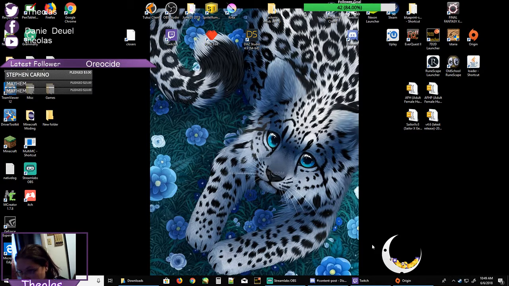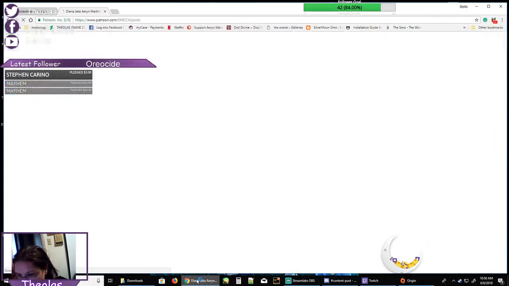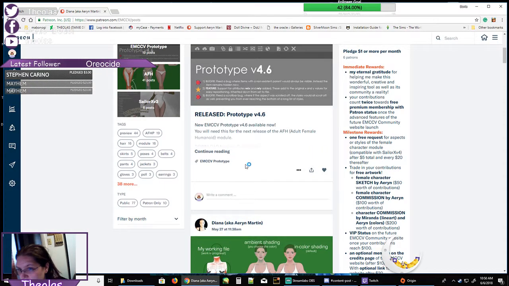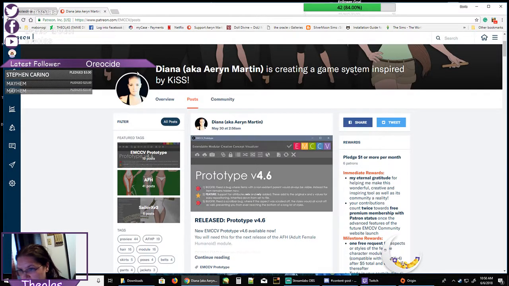Alright, as you can see, we're on the desktop. That's because I'm doing a slight bit of a tutorial for how to get doll making. So I'm actually going to show you the Patreon page for the person who's making this right here. She's making a doll maker program called EMCCV,